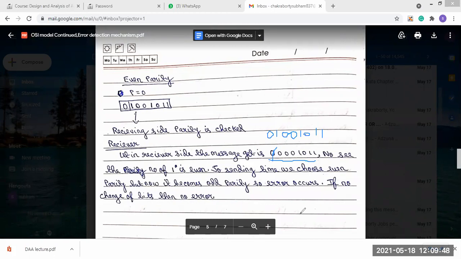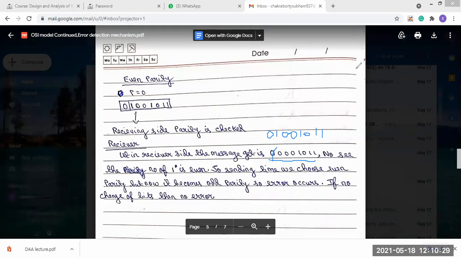So that's how this error detection, even parity and odd parity, works. This is only detection; through this method we cannot know in which bit the error occurred. That can be known using higher methods, that is the checksum method, then CRC, cyclic redundancy check. Through those methods, error correction can be done. We will see it later on. So this is the first, using the parity bit, and this is one-dimensional parity bit checking.